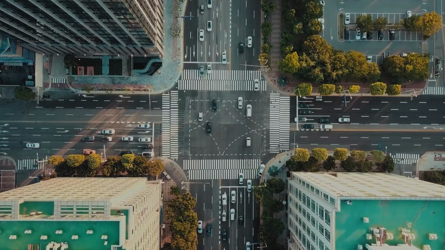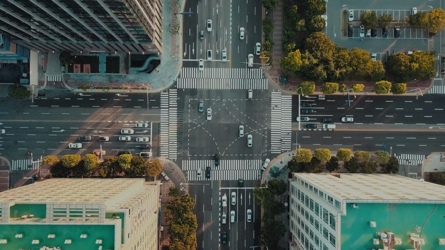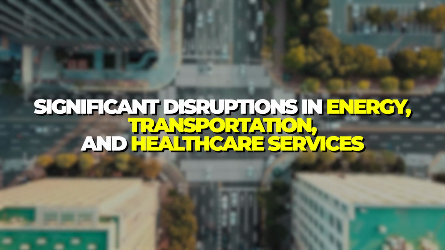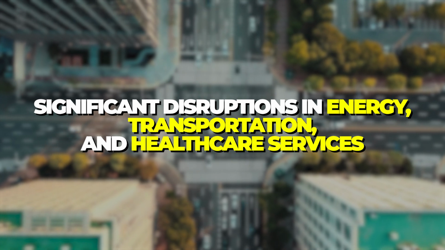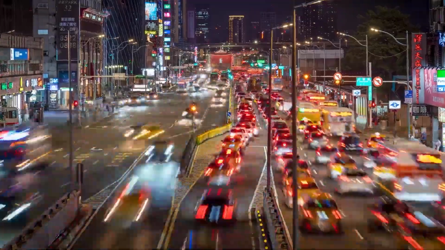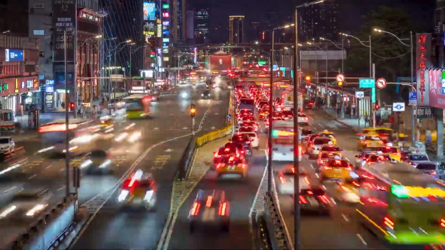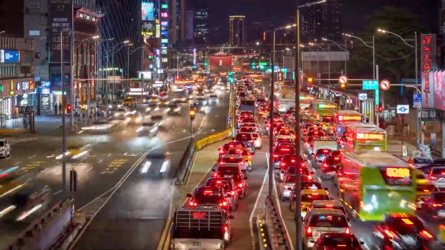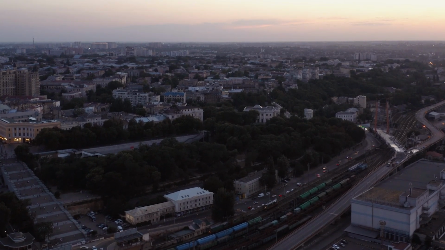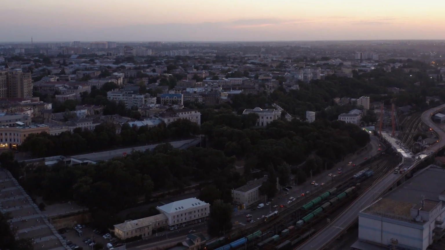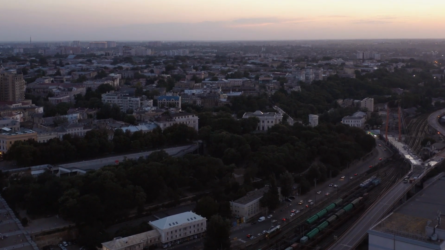These attacks have led to extended periods of downtime, causing significant disruptions in energy, transportation, and healthcare services. As an example, let's assume a ransomware attack disrupted the transportation sector. As a result, this attack could halt the delivery of fuel to power plants, which would lead to electricity shortages and blackouts. The way these sectors all depend on each other basically highlights the ripple effect of malware